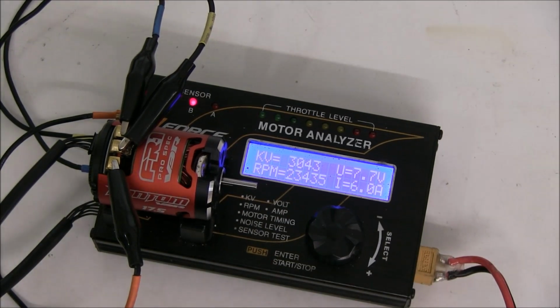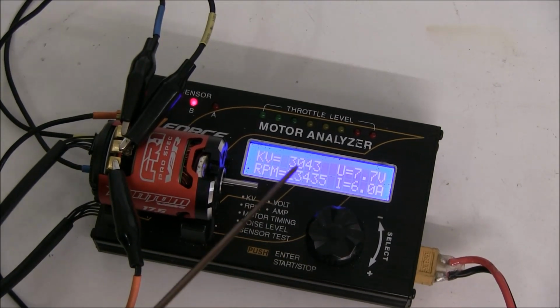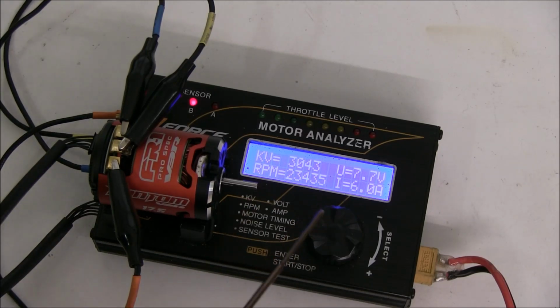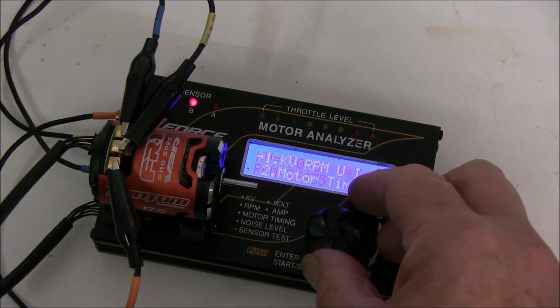For comparison purposes, I set the end bell timing to get 6 amps current draw, and then we can check the kV and compare it to other motors. The kV is the revs divided by the volts, so in this case 7.7 volts and 23,435. If the voltage was higher, the revs would be higher as well, so you have to be careful if comparing revs and motors that you're comparing them at the same voltage. Anyway, 3043 is quite low. It means it's probably going to be a torquey motor,